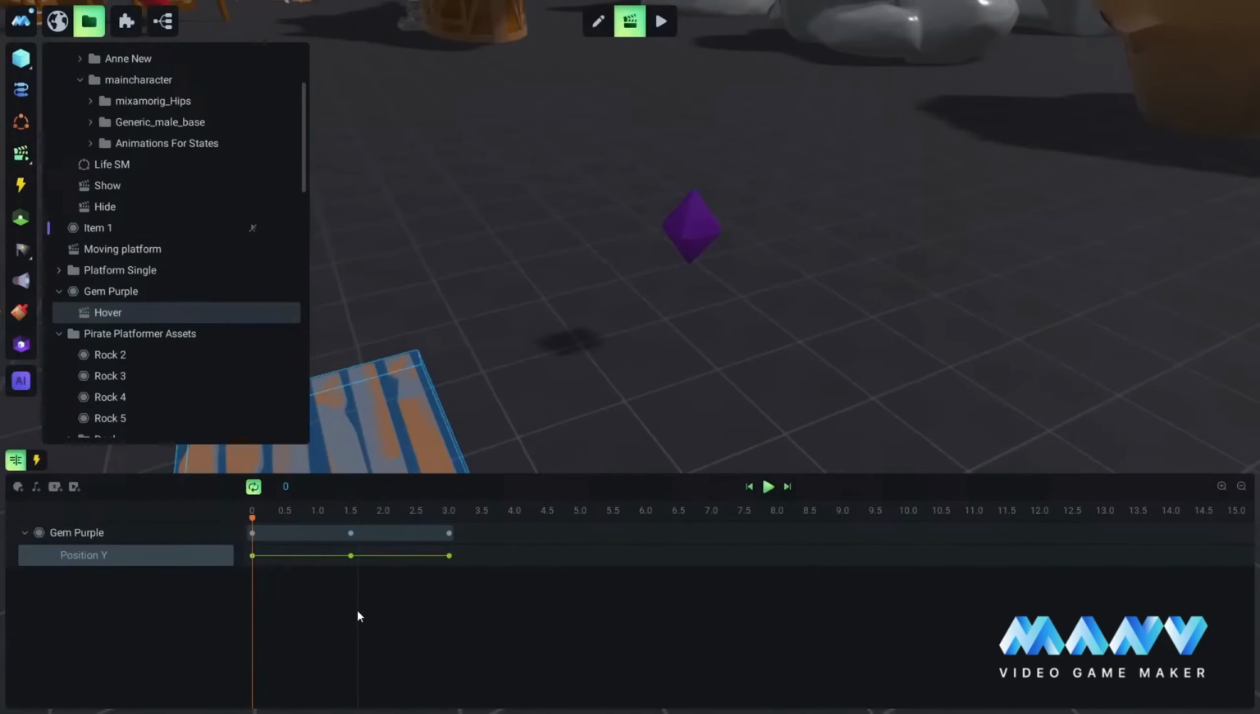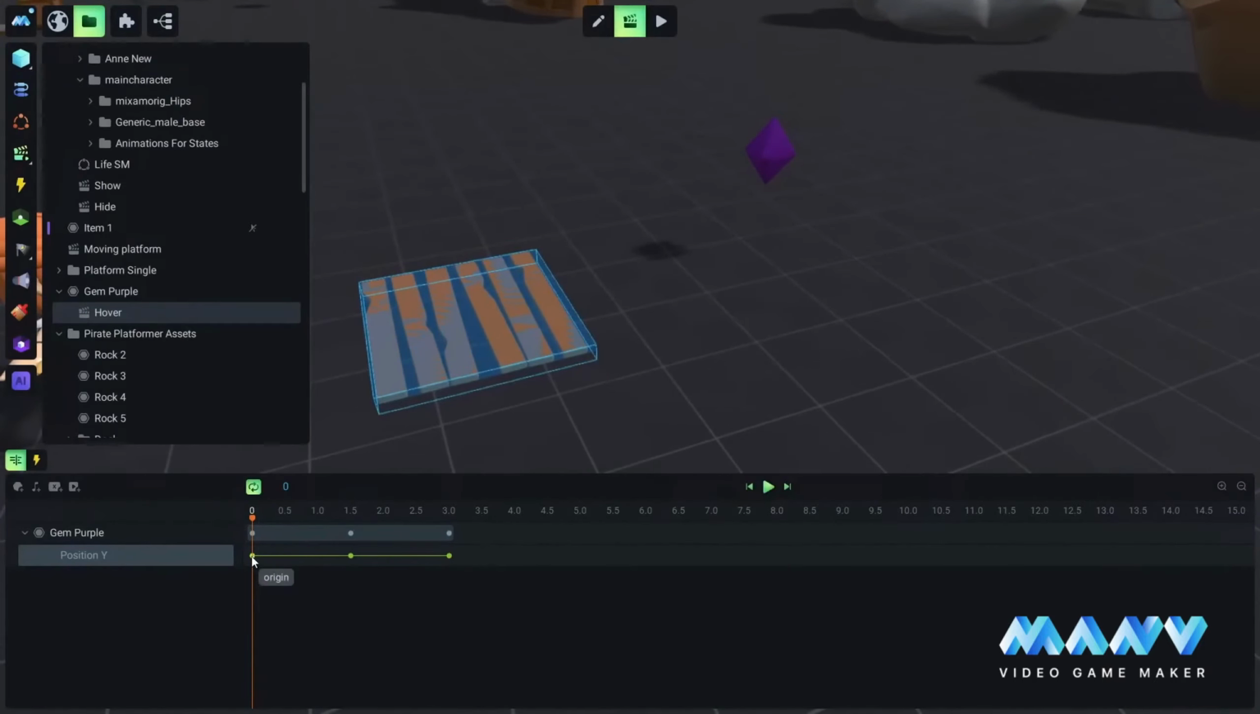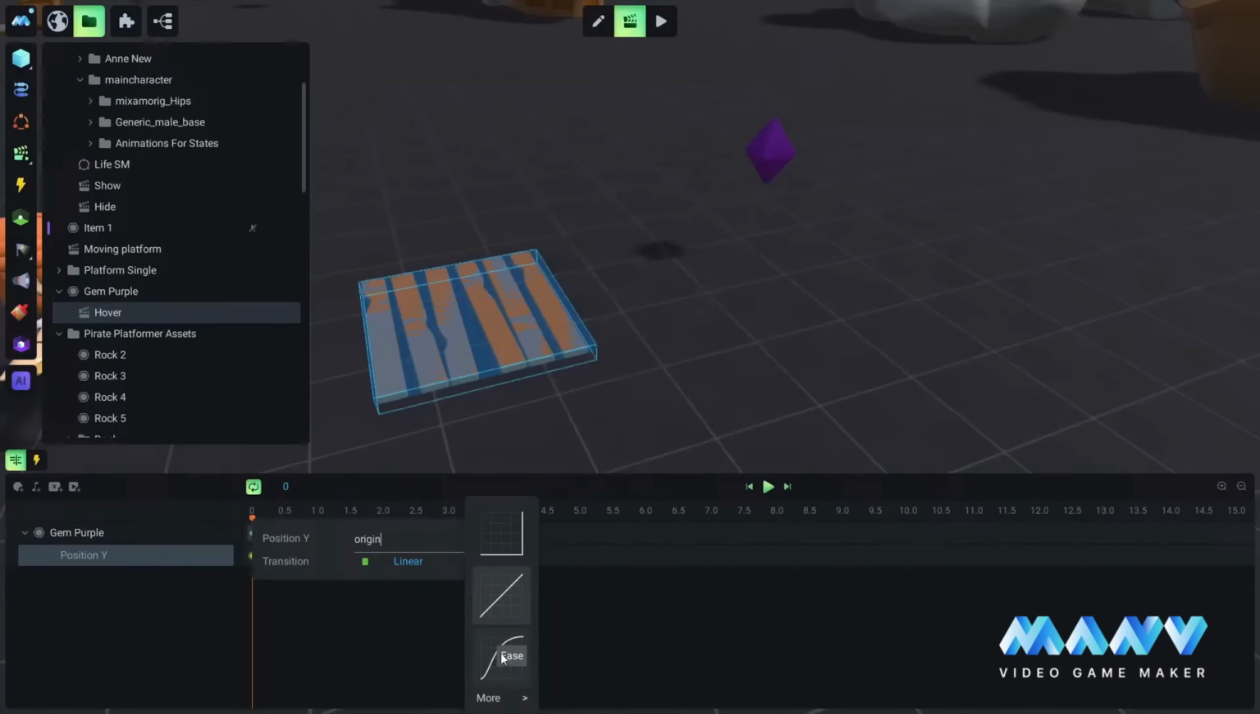And another thing that I forgot to mention before: if we click this origin keyframe, you will see there is a transition effect here. And if we click on linear, you will see various interpolations. So we can have no interpolation, or a linear interpolation, or an ease interpolation. And if you want even more interpolations, you can hover over more, and you can choose anything that fits your effect better. For now, I will choose ease